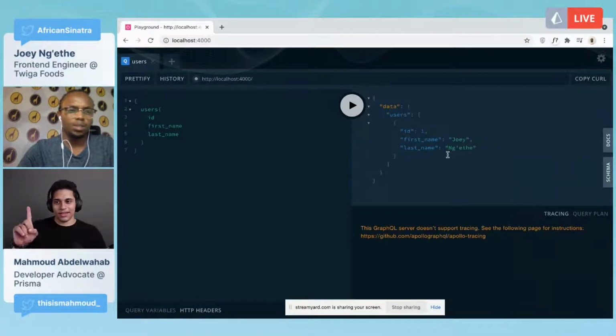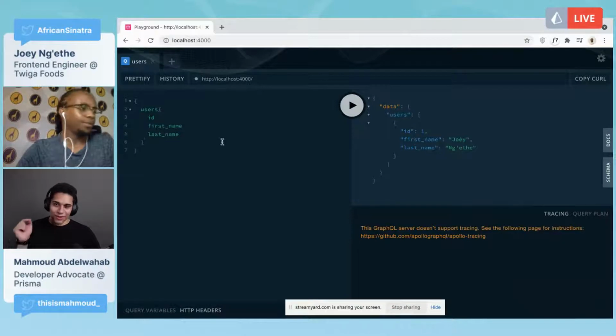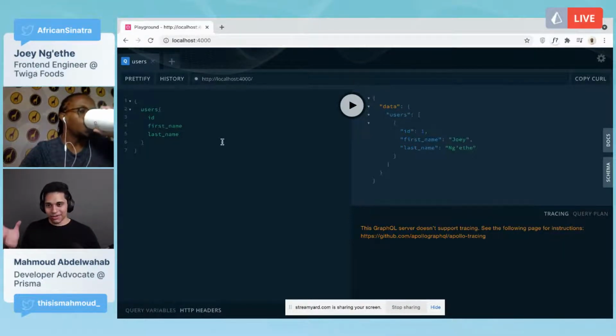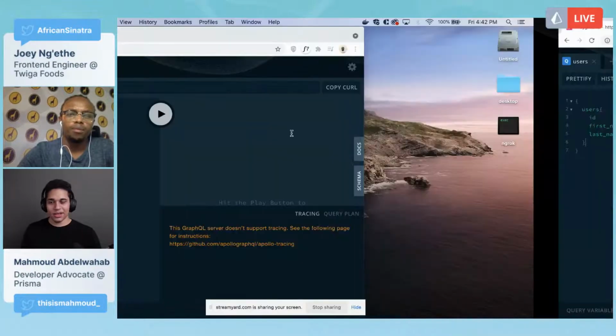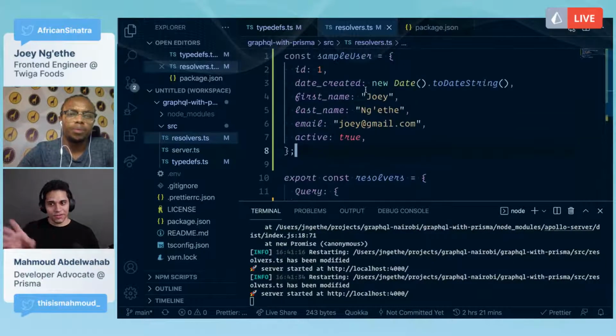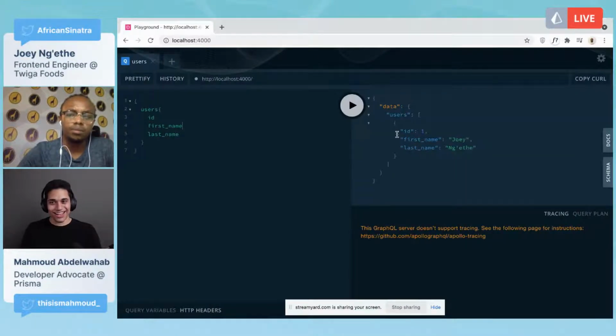One thing that I have to highlight that is just so good about GraphQL is that we only got the data that we asked for. If you remember, the user had a lot of stuff. They had a first name, a last name, a created ID, but in Joey's query, we just wanted the ID, the first name and the last name, and that's the only data that got returned.